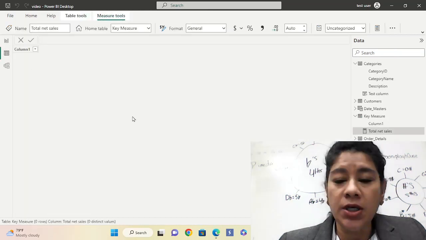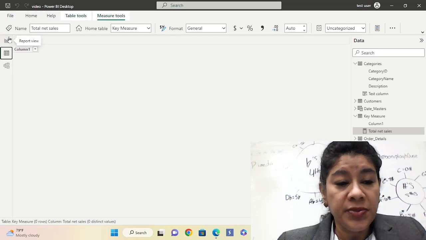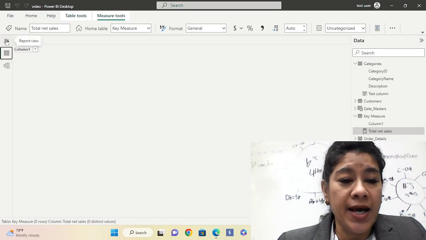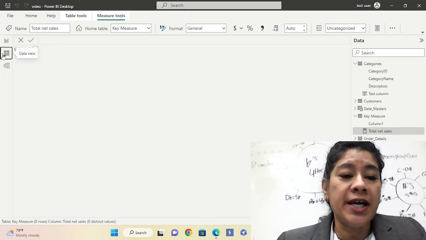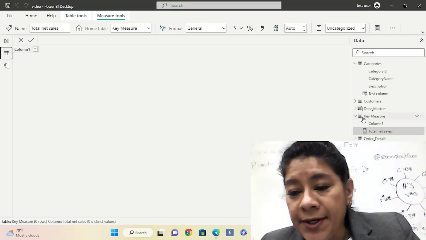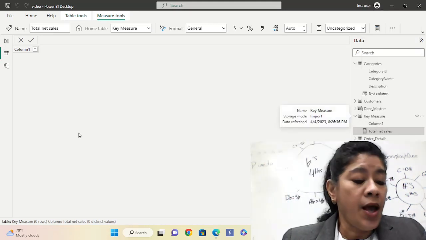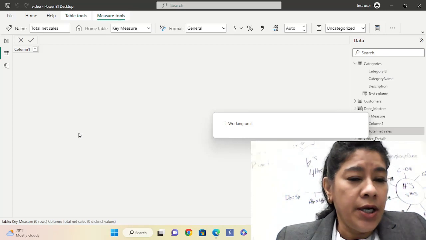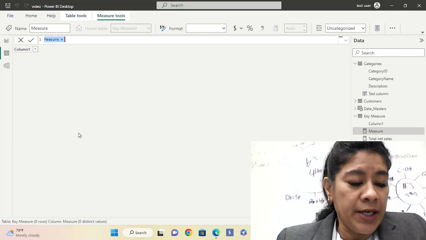Now let us go to the data view. We have to create a new measure. Mostly we can create it in the model view as well as report view, but the best practice is always to create a measure when you are in data view. So let us click here and click new measure,